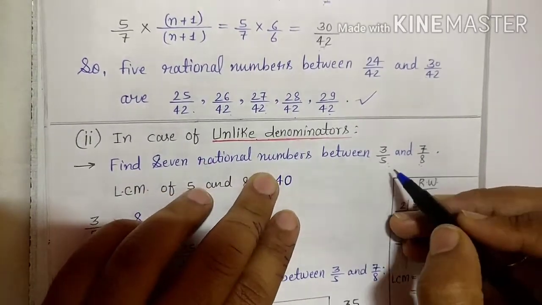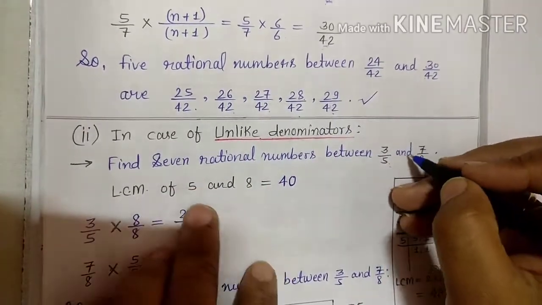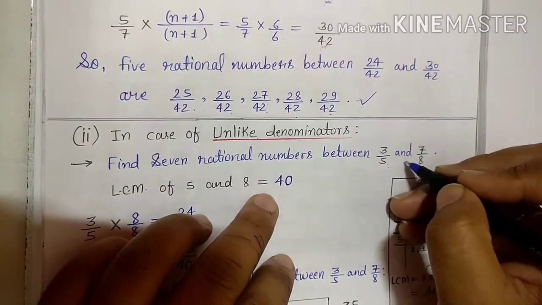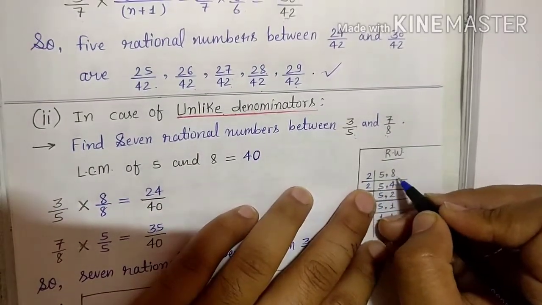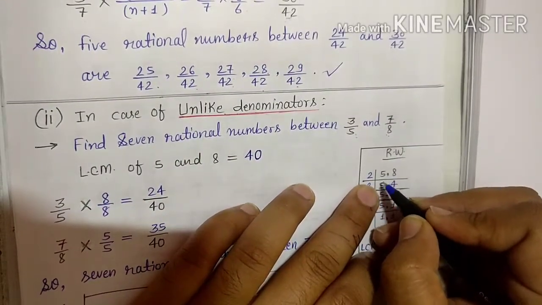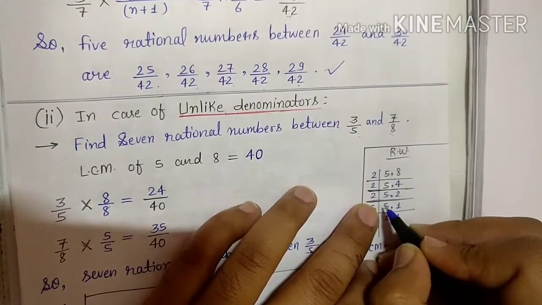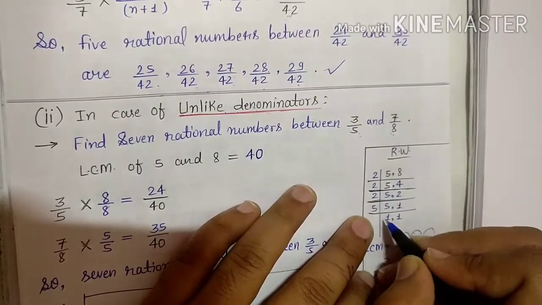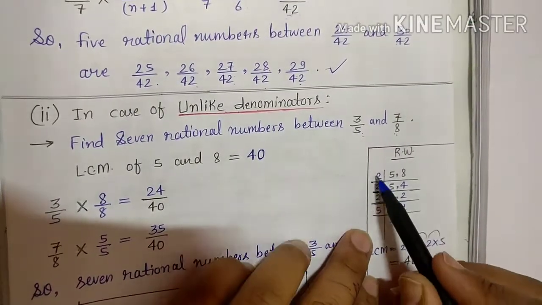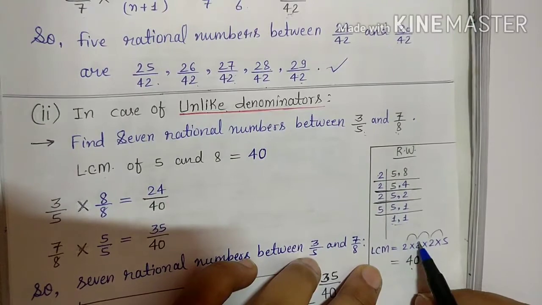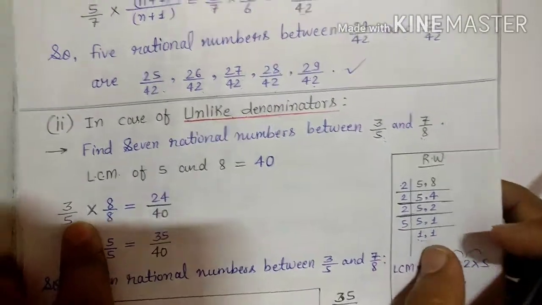But if the denominators are different, as you can see here, unlike denominators 5 and 8, then first we have to find the LCM of the denominators. What are our denominators? 5 and 8. So the LCM of 5 and 8 is 40. Or you can apply the basic method. LCM of 5, 8: divide by 2, 5 can't be divided so write 5 as it is, 2 4s are 8. Again 2, 5 as it is, 2 2s are 4. Again 2, 5 as it is, 2 1s are 2. At last 5 1s are 5. When 1 and 1 come at last, we stop here. Then we multiply these factors: 2 into 2 into 2 into 5. 2 2s are 4, 4 2s are 8, 8 5s are 40. So 40 is the LCM of 5 and 8. Okay, so we got the LCM 40.